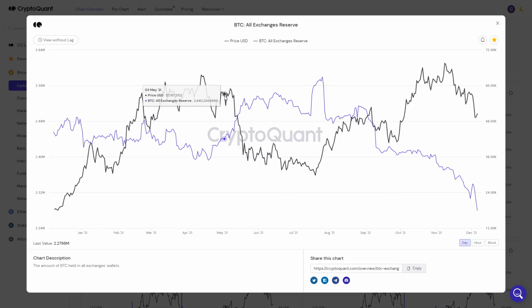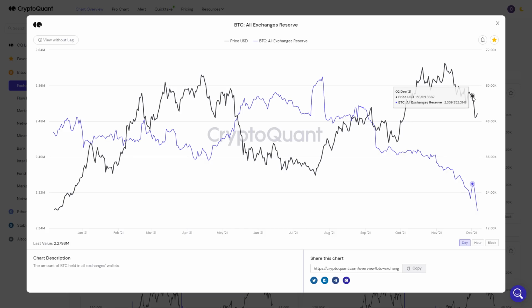Normally when we see the largest Bitcoin crashes, like what we saw back in May, for example, we crashed around 50% to the downside in just around 1.5 weeks, and then we stayed bearish for the next 2 to 3 months before we finally recovered. And a lot of that was due to the fact that a lot of Bitcoin was getting deposited onto exchanges, which means a lot of Bitcoin can be easily sold.